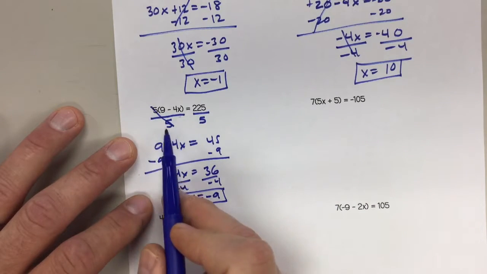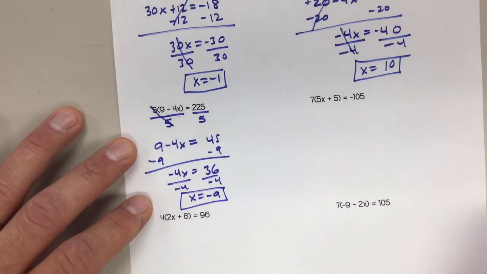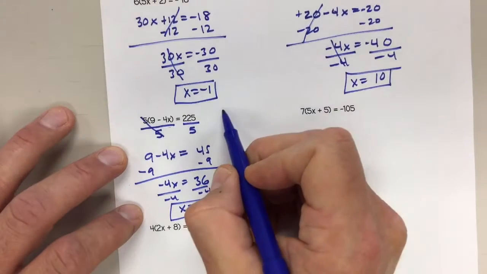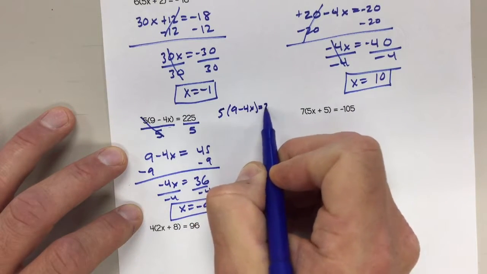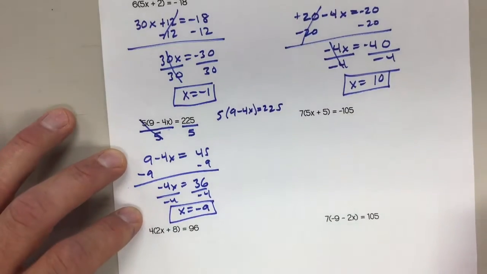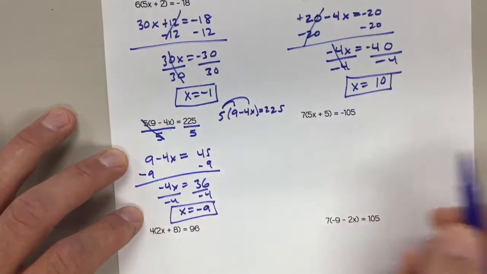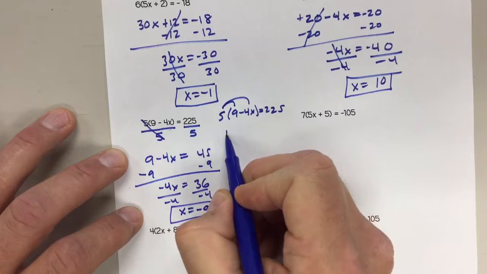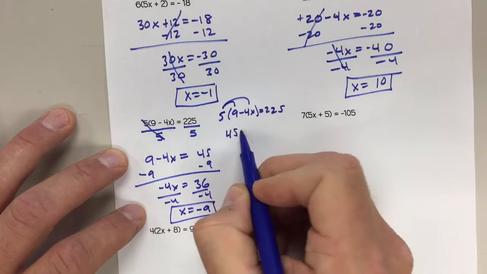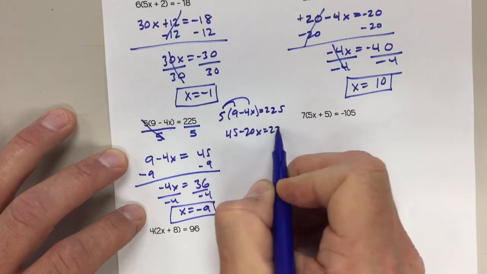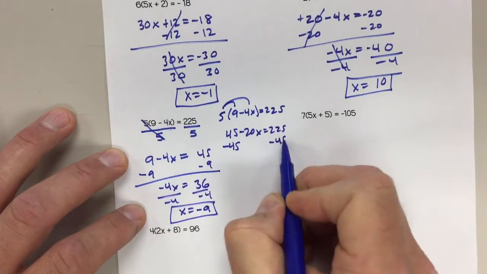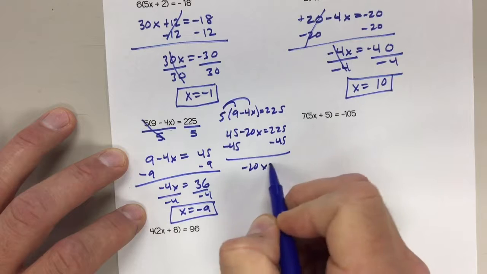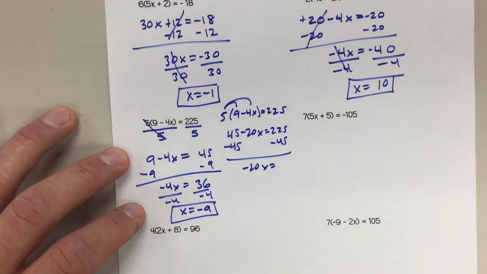So dividing by what's being distributed on both sides of the equation is another method you could use. You get the same answer either way, which I'll show you by doing this problem again using distribution. So I could just distribute this. 5 times 9 is 45. 5 times negative 4 is negative 20x. I would subtract 45 from both sides. Give me negative 20x equals